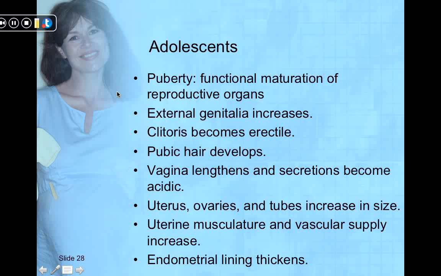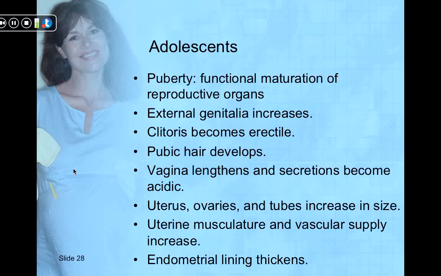In adolescence, they hit puberty, and this is where their reproductive organs start to function. Their external genitalia increase in size. The clitoris becomes erectile in response to stimulation, and they start to develop pubic hair. The vagina does lengthen, and they start having more acidic vaginal secretions. This is a protective mechanism for them. This is one thing that will keep them from getting infections,